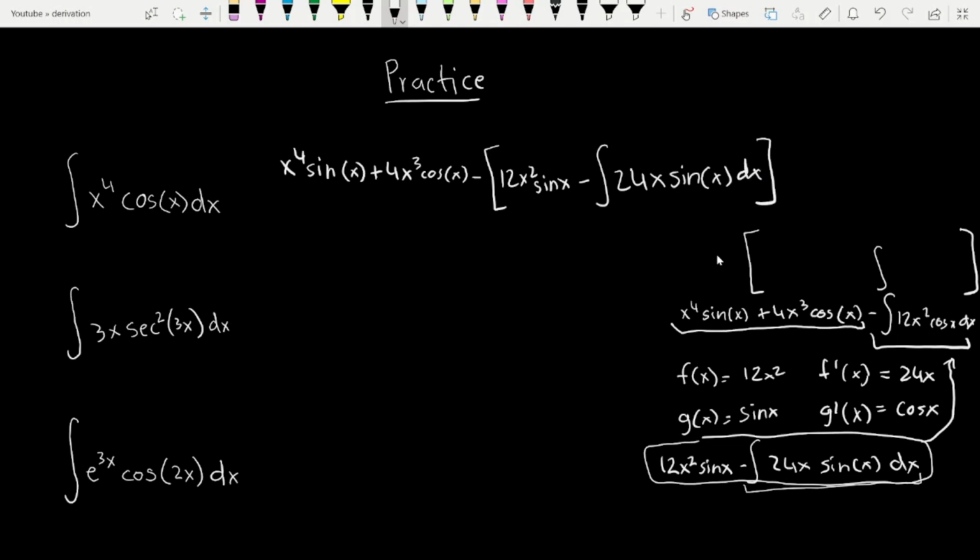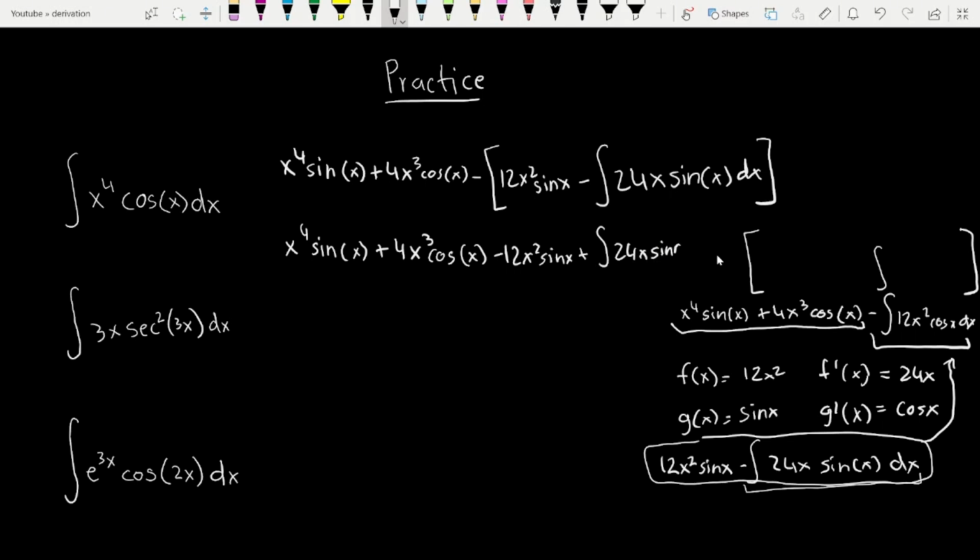And this negative is going to multiply inside, so this is going to be x to the power 4 sine x plus 4x³ cosine x, negative 12x² sine x, positive